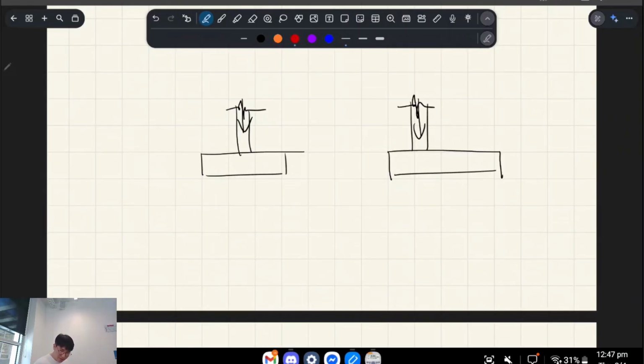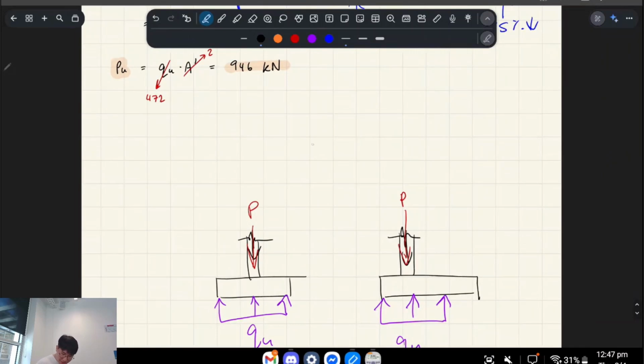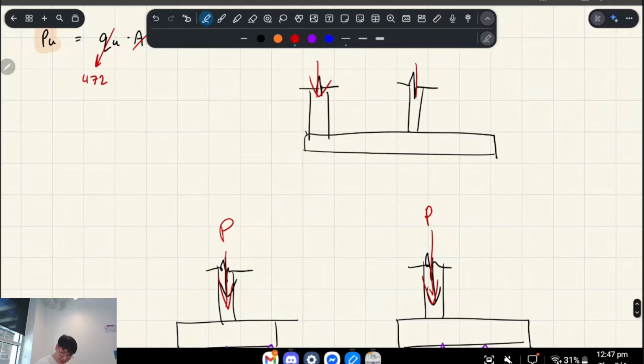But all in all, we just assume that this basically results in normal force only. There's an effective portion of it, and then that's our QU. But if we have a combined footing, where we have multiple columns like this, the idea is that not only do we have